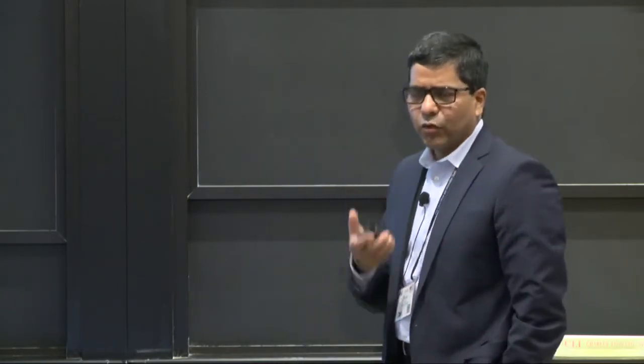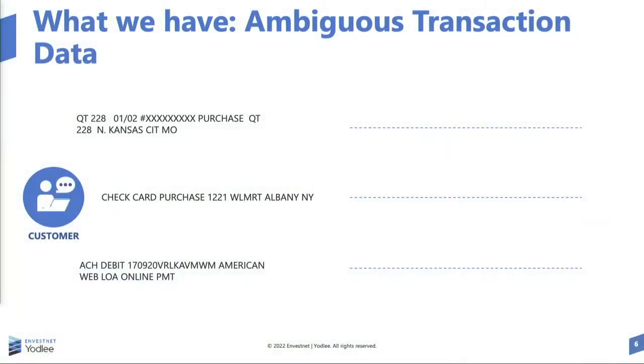And that's why it becomes important that there are no real standards in this space, and I'll give you some examples here. So keeping in mind that even a simple credit card transaction has multiple players behind it, and each one of these entities can influence how a transaction description is recorded, what happens as a result? You see on the left side several transaction descriptions. You may want to look at them intuitively. It looks like you're probably able to figure out that one happened in Kansas City. Not much there. The second one may be a Walmart transaction.